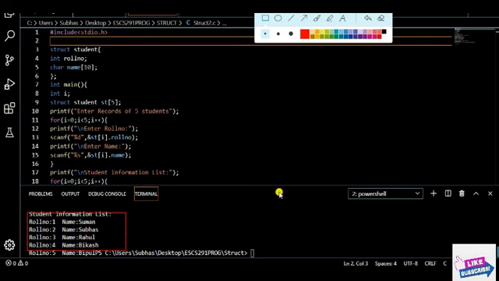Right? So we have seen that when you use an array of structure, it is a very big advantage over the normal operation. If I want to store more records of a particular structure, then we will always go for the array of structure. So I will create an array where each individual element is a structure, nothing else. Okay, it's very simple. Thank you guys.